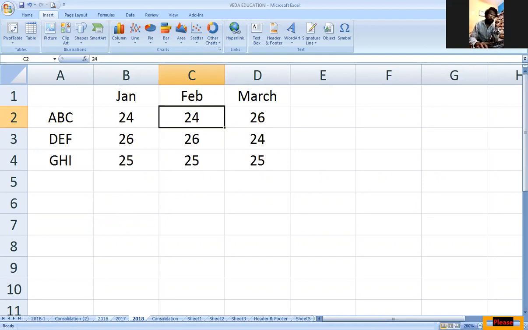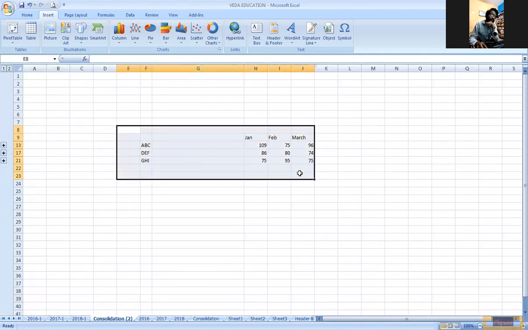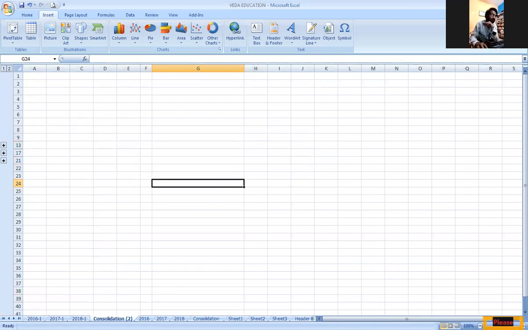I have created duplicate files of this 2016, 17, 18 consolidation, and the 3 files separately. You can see this 2016 one, 2017 one, 2018 one. I have given 3 files directly with the duplicate files 2016, 2017, 2018. I made a copy of it, and I need to make the data done. Then for this, I'm going to a new cell.